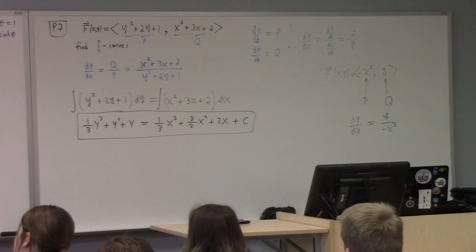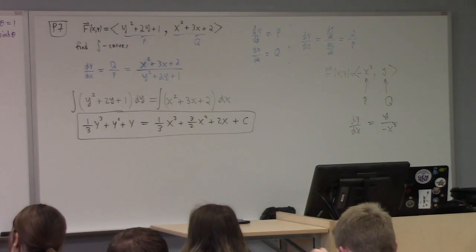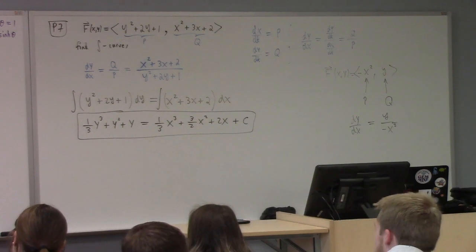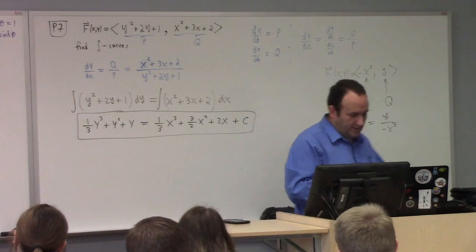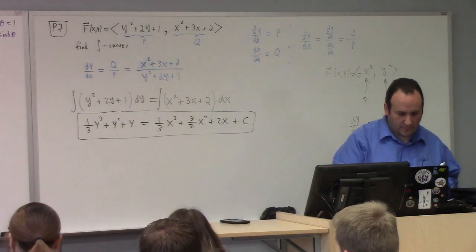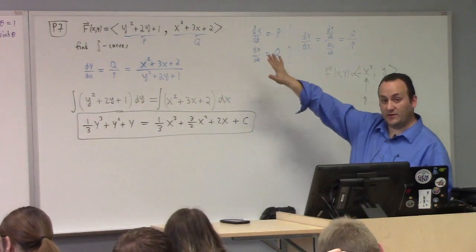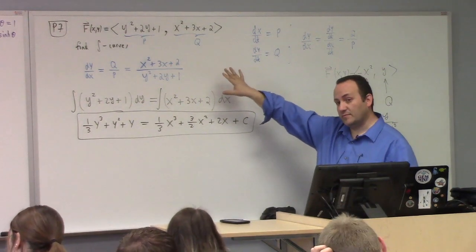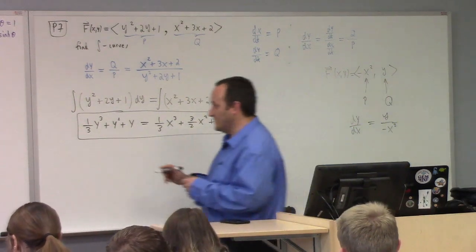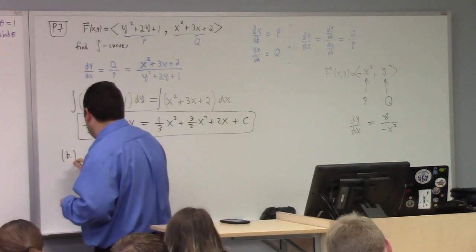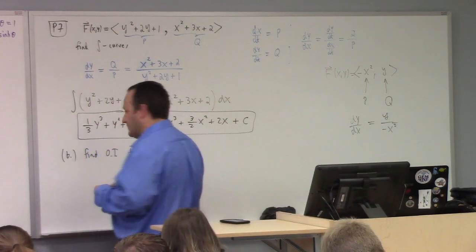Part B in that bonus battle problem was actually the same question. This is part A of the bonus battle problem. I just want to point out to you guys, part B of the bonus battle problem was exactly the same problem written in a different way. In the sense that part B was find orthogonal trajectories to